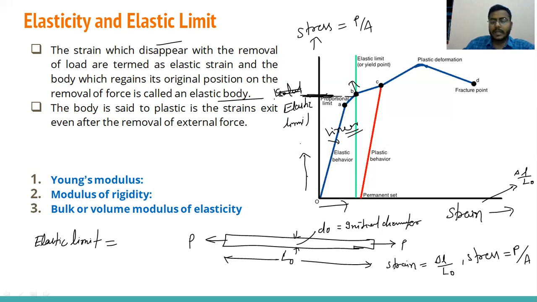When you apply a force beyond this limit, what will happen? It will show some permanent deformation of the material. Now again, we are applying the force beyond this elastic limit. It will go to C, then reach a maximum, then come down, and at this point, D, the material gets fractured, it gets cracked.